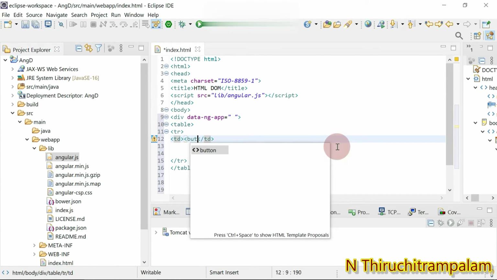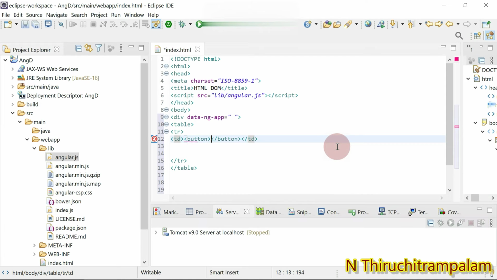There is an element called button. Whatever I give within this button element would be displayed on the view page. I just give some text, add unnecessary text.